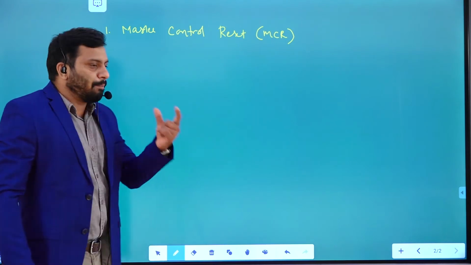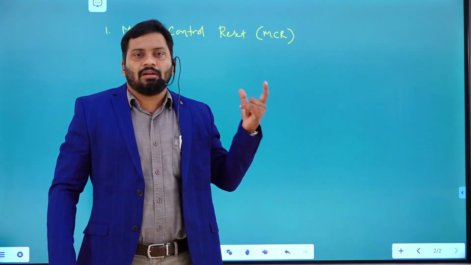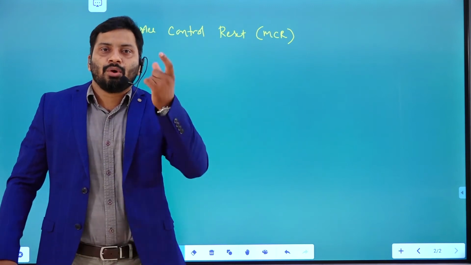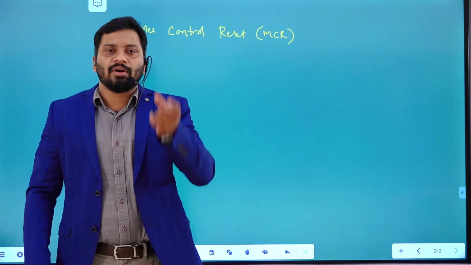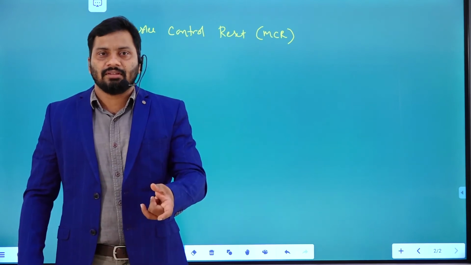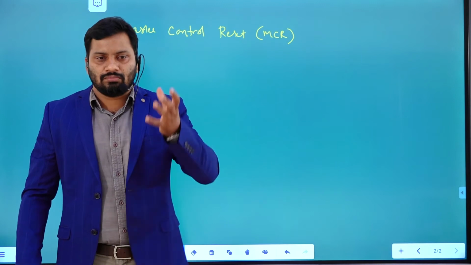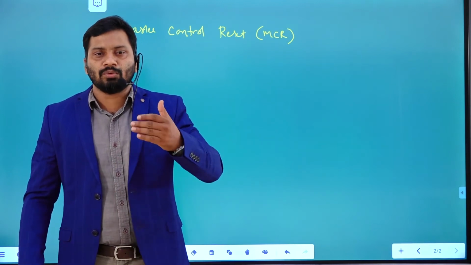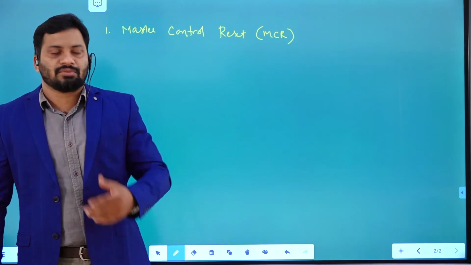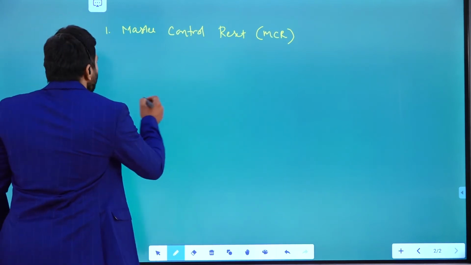To reset some number of rungs, this particular instruction is used. How many rungs you want to reset, you can reset. That means you can move those particular rungs into the off state. We'll see now one example.